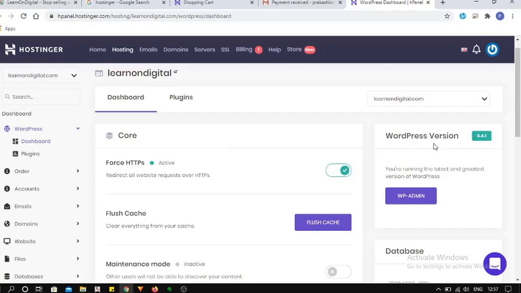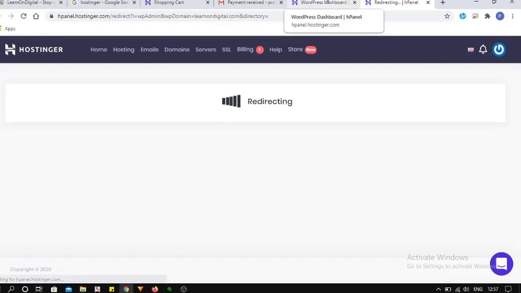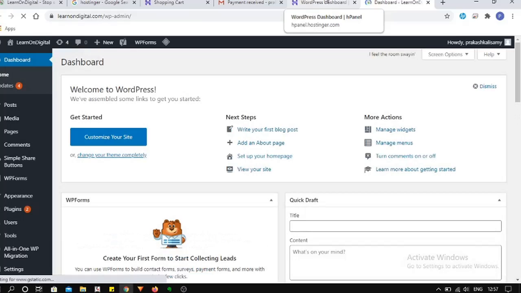And clicking on this WordPress version WP admin, you can go directly into your blog's dashboard. In that you can change the theme of your blog or website, add content, install plugins, create social links, whatever you want. You can play with many more options. The basic thing is in the dashboard,